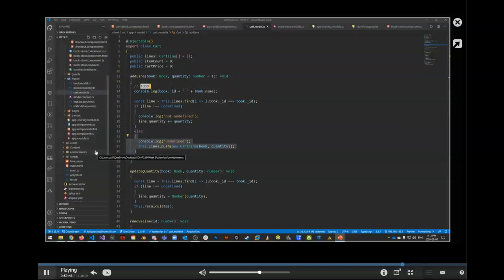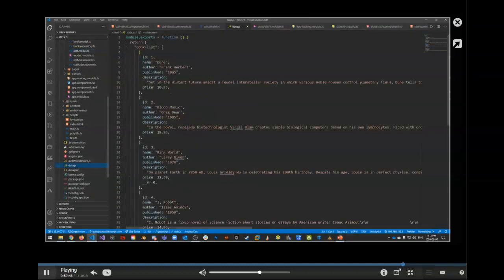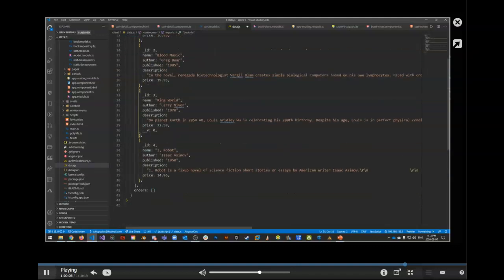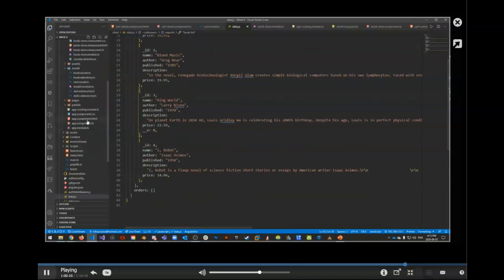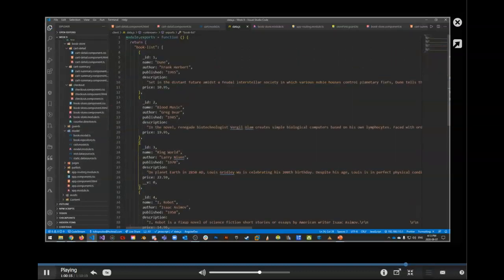That comes from our model, right? So that comes from our model, our data.js. Data.js is having ID, not underscore ID. And that's why it's undefined. That's exactly why. So this should be underscore ID, not just ID, because that is our data model, if you think about it. So the code's not wrong, but the data model's wrong, because it should say underscore ID, not ID, because